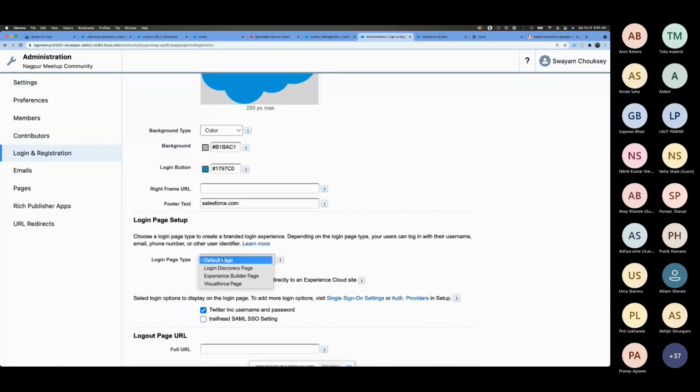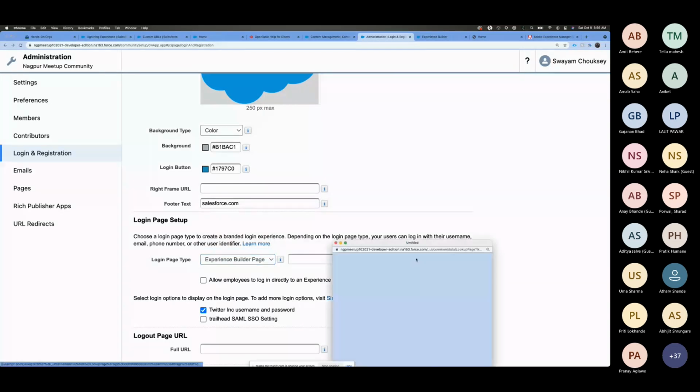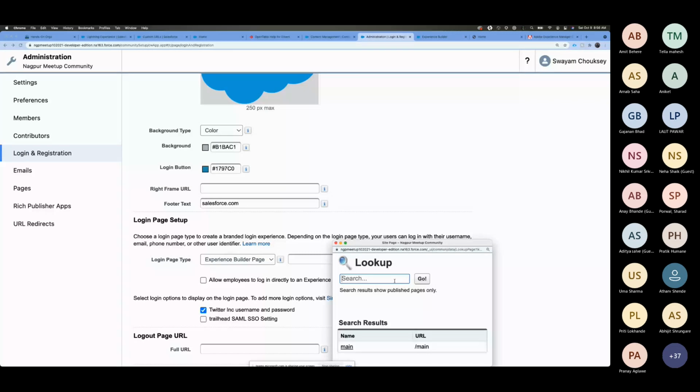Then there is an Experience Builder page which you can use, and people create their own Visualforce page. Currently the login page type is the Experience Builder one, which I'm using as a home page, but I'm struggling to navigate to that post login page. So yes, maybe it's related to your post login page configuration.